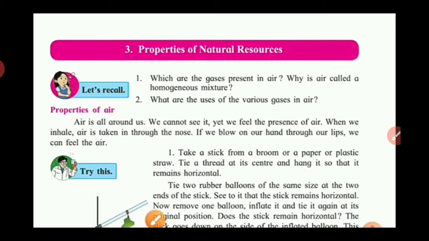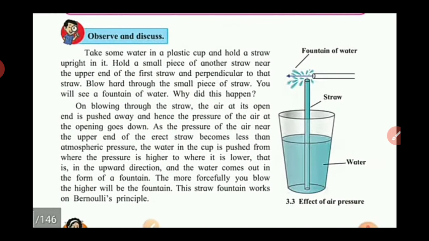So here we see the next properties. In the last lecture we studied which properties? That air has weight, and also we saw atmospheric pressure. What is atmospheric pressure? We also saw the activity for this, taking a syringe. Pushing the piston when the hole is open, and pulling the piston when the hole is closed. By doing this activity we observe how atmospheric pressure is created on that piston.